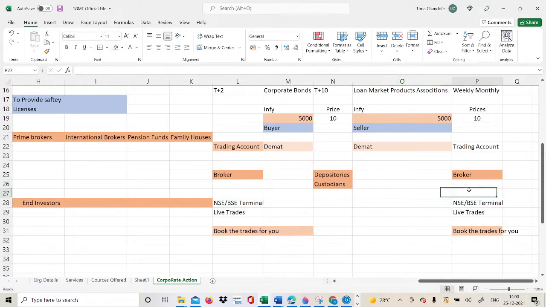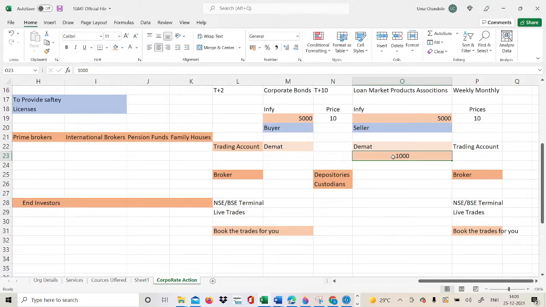And the broker will send the instructions to the depositories, because when we say holding on a T plus 2 basis, the positions have been settled in the books of account of the seller, right? So the positions are already settled. Who can release these positions? Only the depositories or custodians can release the positions, because after 2 days the broker already processed, or the instructions had already been sent to the custodians at the time of purchase of the securities from the seller side. The positions are now settled in the accounts of the seller, and those are still with the demat account.